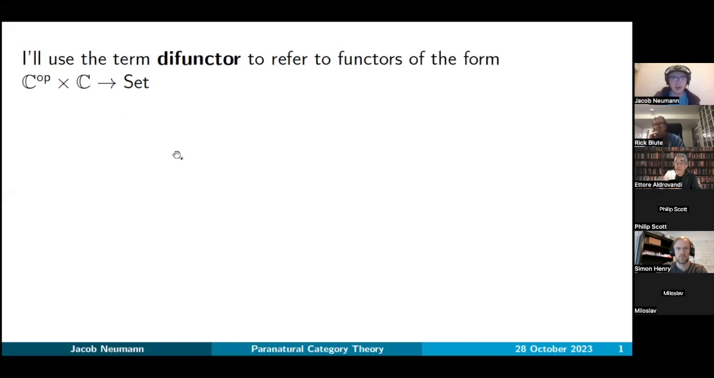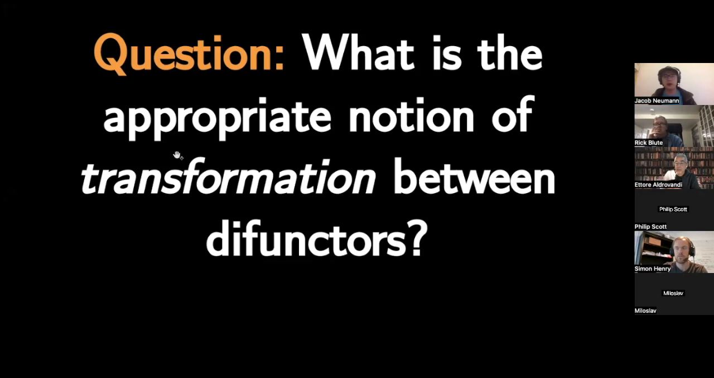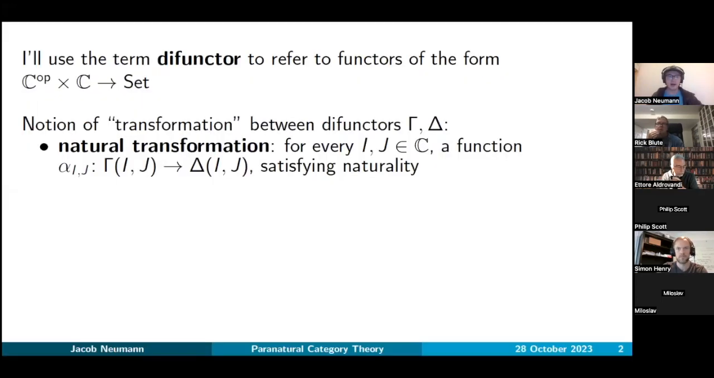And the kind of question I want to ask is what are the appropriate notions of transformation between difunctors? This might not seem like a very interesting question, or it might seem like the kind of question that was solved a long time ago with the very advent of category theory. Namely the notion of a natural transformation. So difunctors are just a particular kind of functor, and so of course given two difunctors from the same category, we can